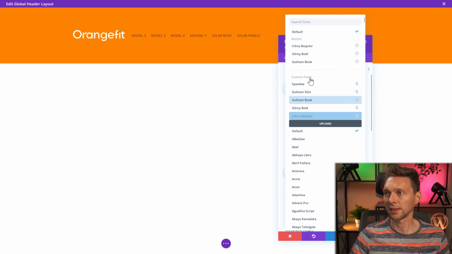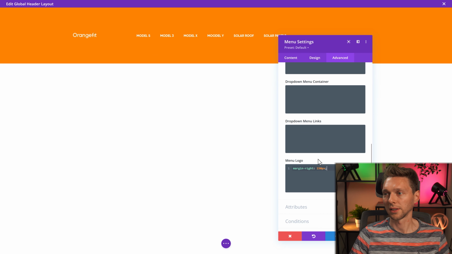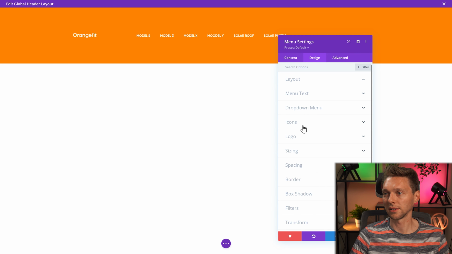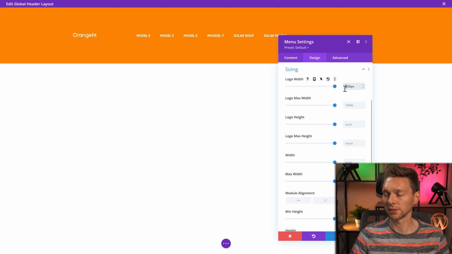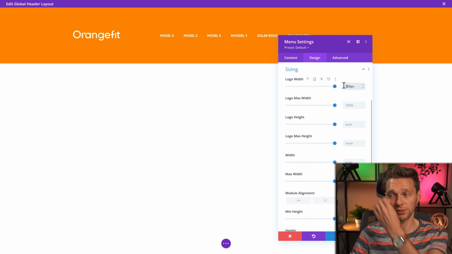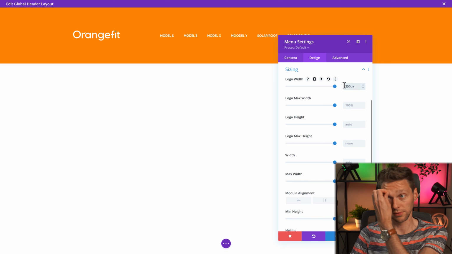And we're going to add margin on the left of 50 pixels. 50 is a bit much, so let's make it 20. And then we go down and we go to the menu logo, and we're going to add a margin on the right side of 150 pixels. Like this, but then you can see that the logo is way smaller, because I created more space and he doesn't like that. So we're going to change this to 350 and then it looks way better.